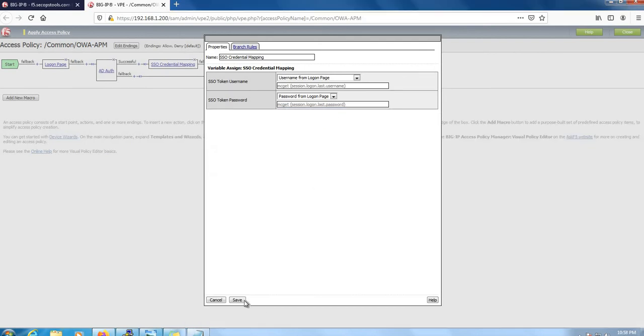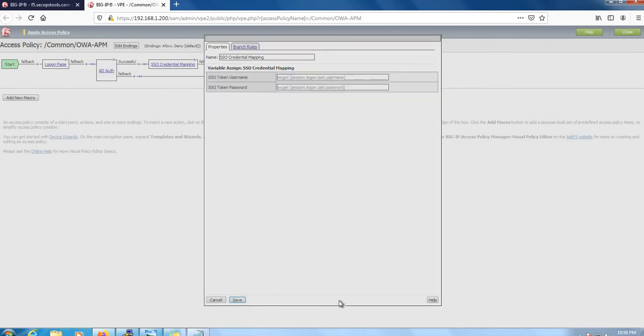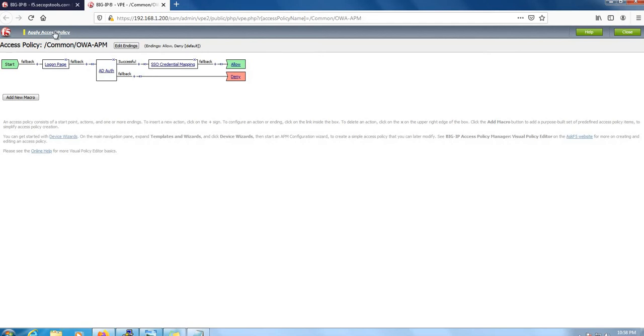We can just save it because we have default values for the username and the password, and apply it. So I guess our config is fine.